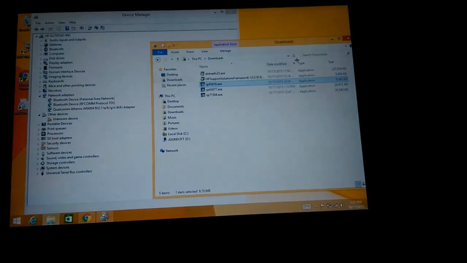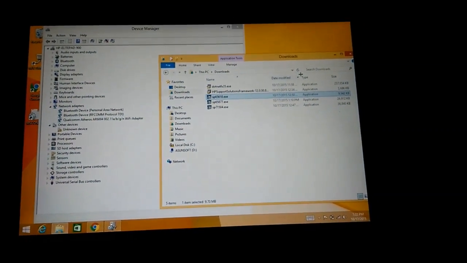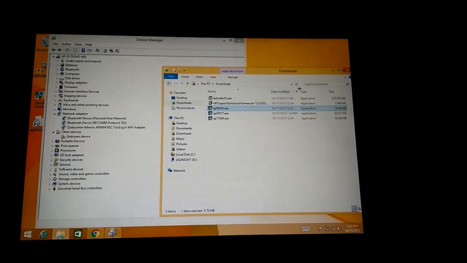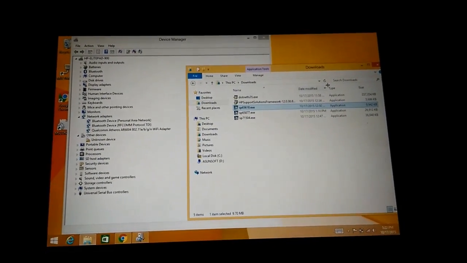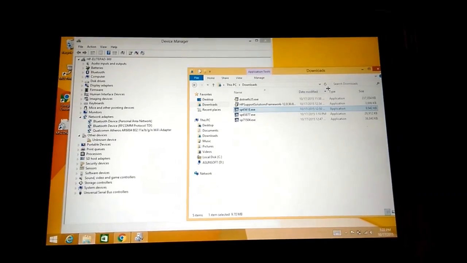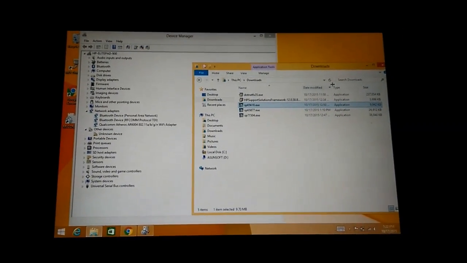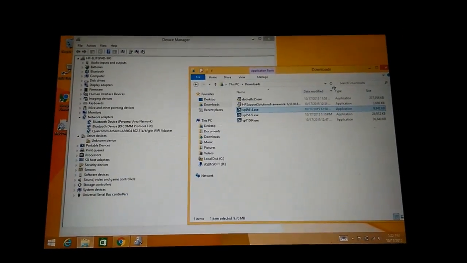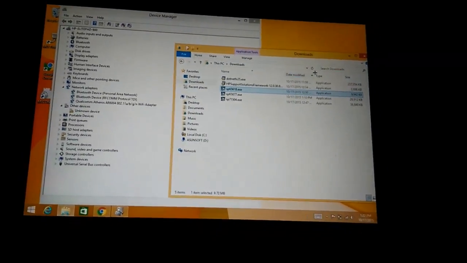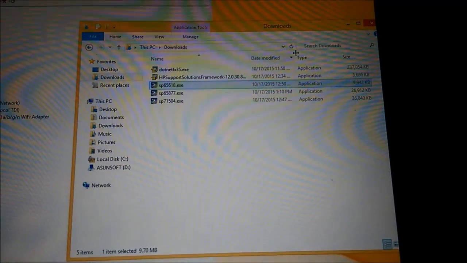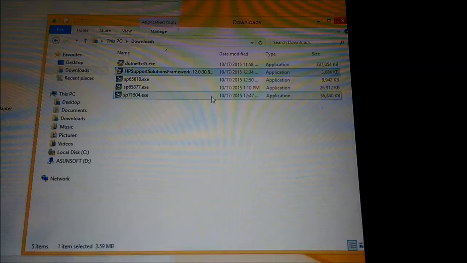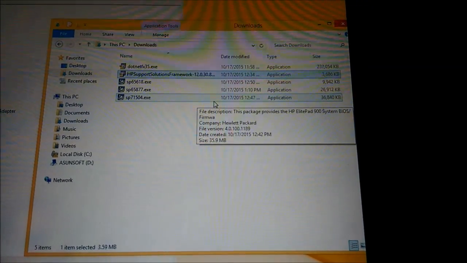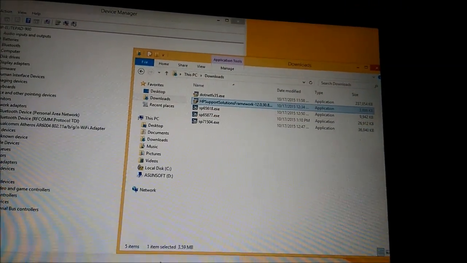okay, so this is my tablet, the HP ElitePad 900, and I will show you that I managed to finally install drivers for that model, even Wi-Fi and everything. And the workaround was to find that application on the website. What you can see here says HP Support Solution Framework, and what it does actually,